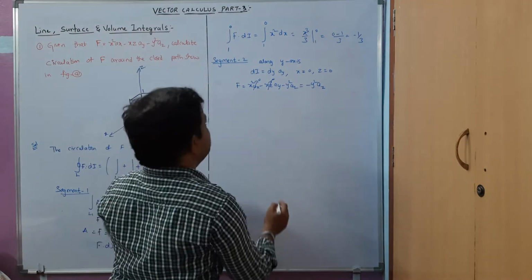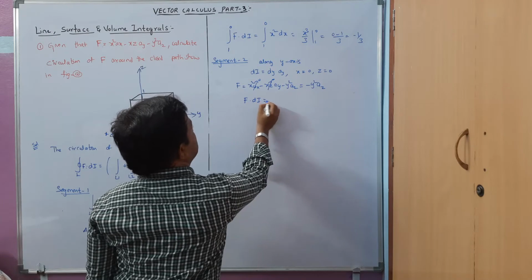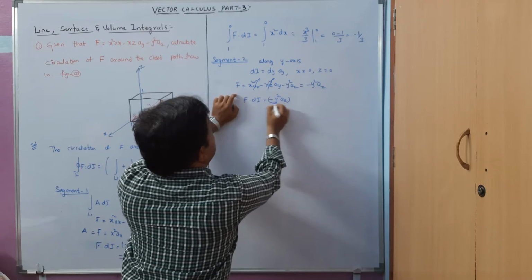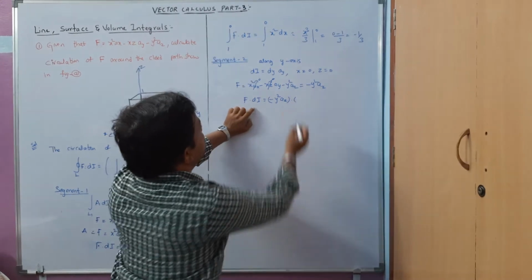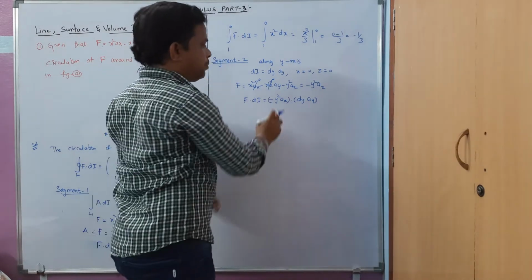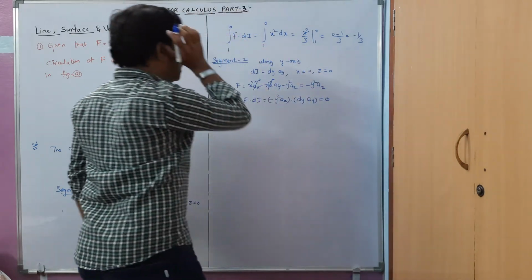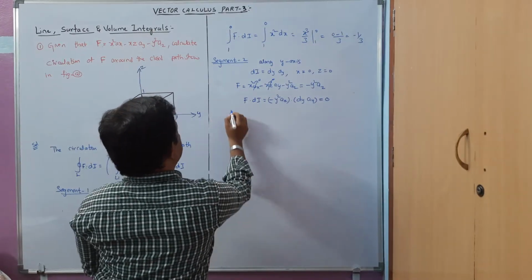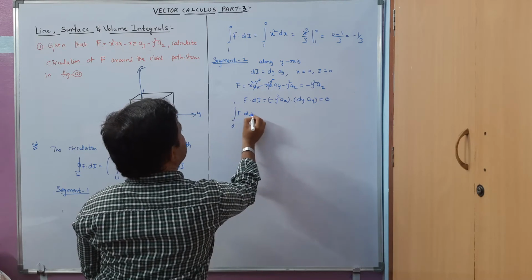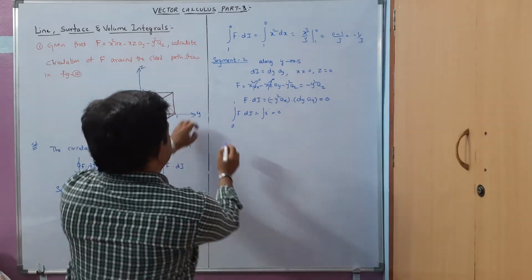Now I have to take the dot product between this and this. Okay, f dot dl. What is f here? I got minus y square az dot dl, means we have got dy ay, and we know that the dot product of two different vectors, that is az dot ay is 0. So now the second line integral, that is integral 0 to 1 f dot dl becomes 0. So now let us take the segment 3 here.